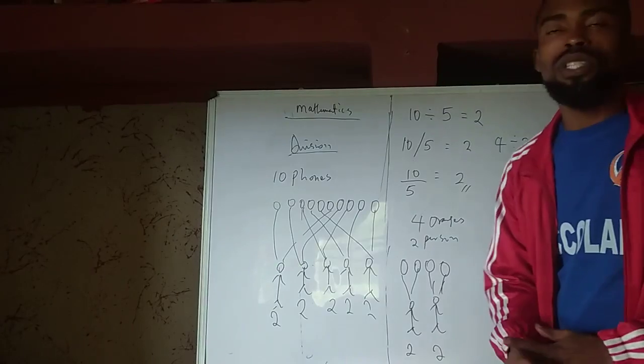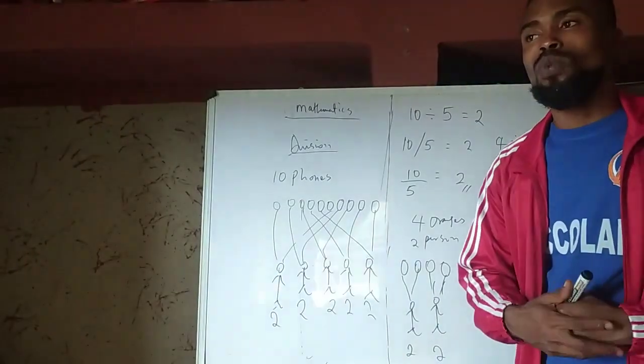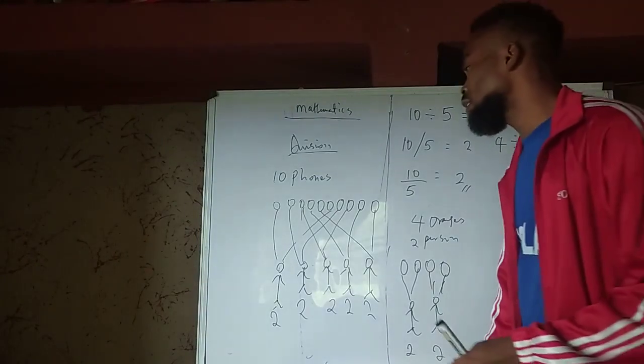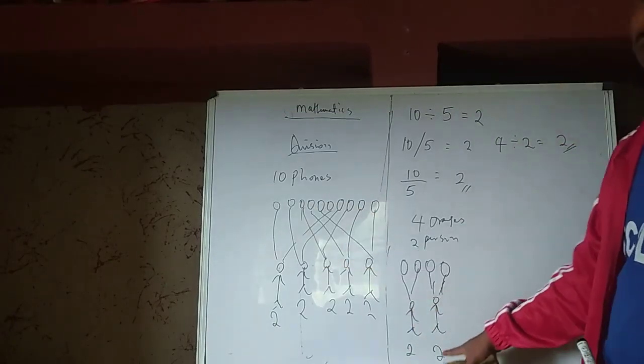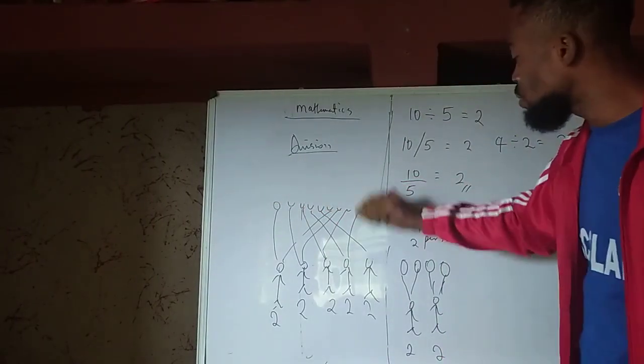But where division becomes more of an issue is when you have bigger numbers to divide. You cannot go ahead counting and doing this. It's hectic. So let's say for instance you were to divide